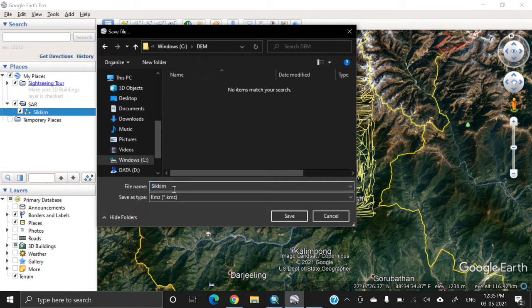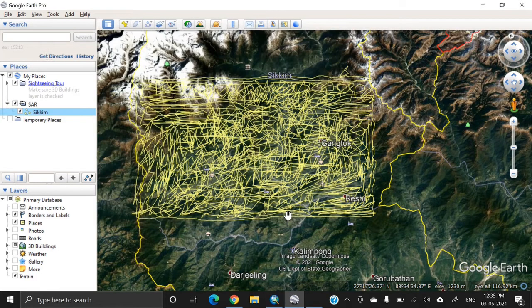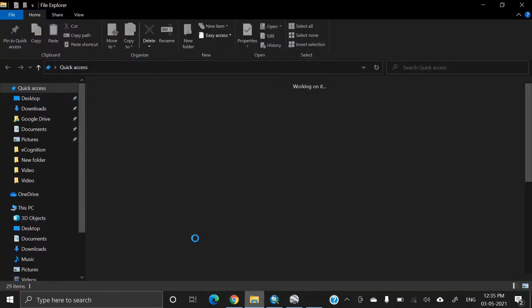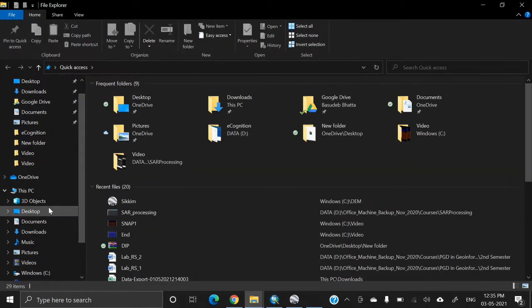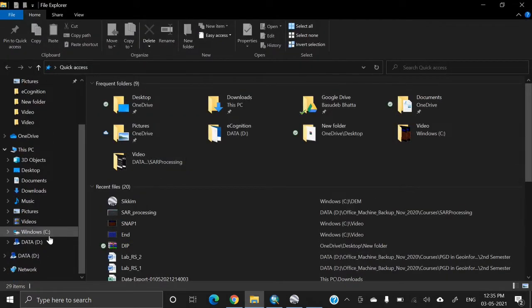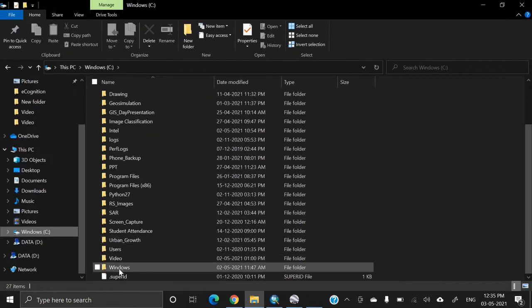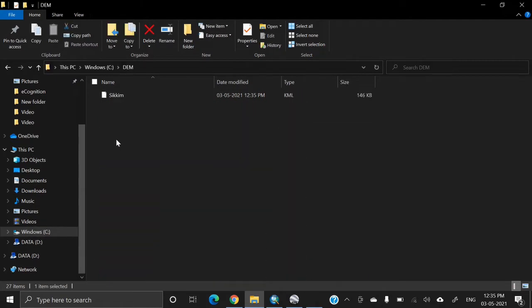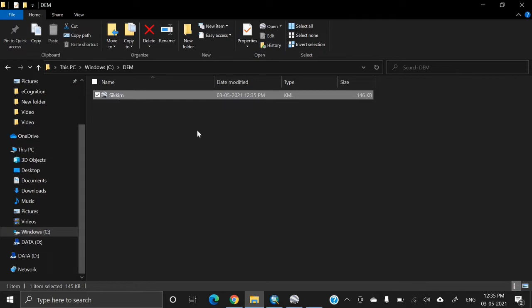I am giving the file name as Sikkim, and for save as type I am selecting KML. Then click on save. Now as you can see, one file will be created. And this is the KML file that has been exported from Google.